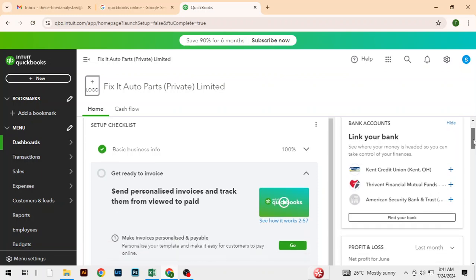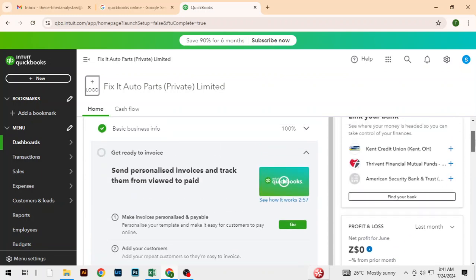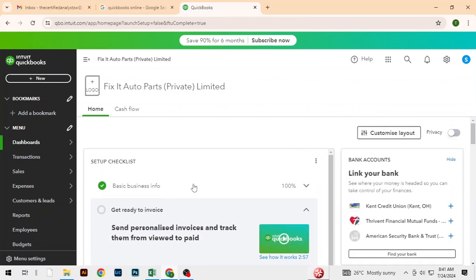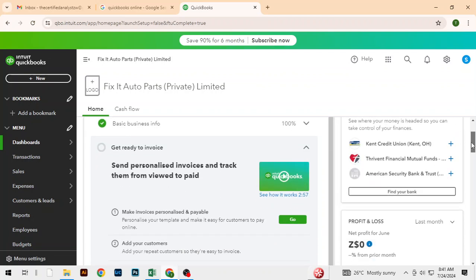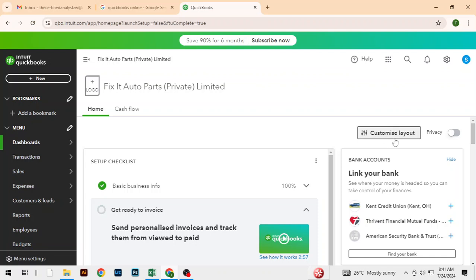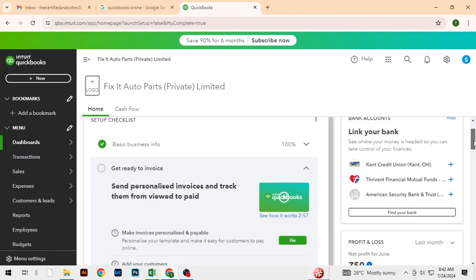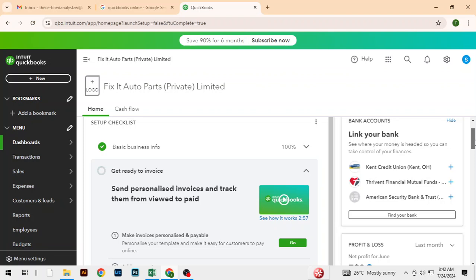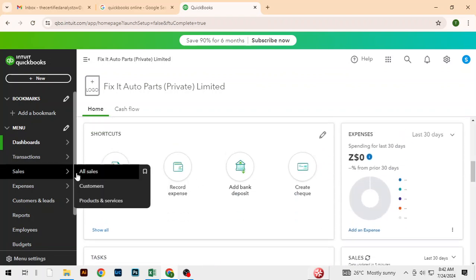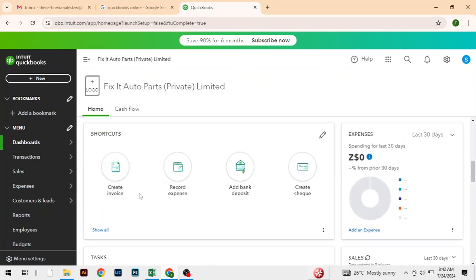The home page will include all the shortcuts that we use. For example, here bank accounts, you can see your bank accounts here. So the good thing is you can customize this layout here, and we've got the setup checklist, okay, and we've got the shortcuts. So here you can start creating your invoice, you can record your expense, you can add a bank deposit here, you can create a check, and here you can see your expenses, either for the last 30